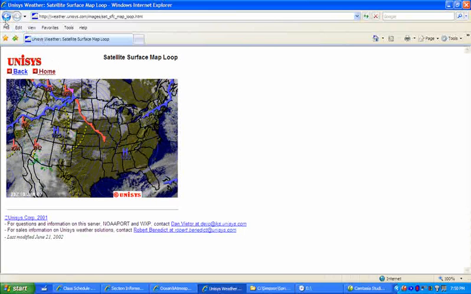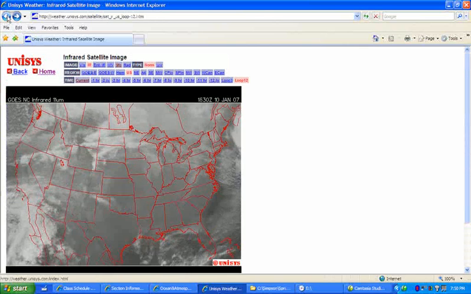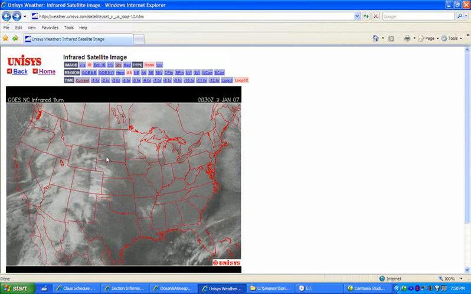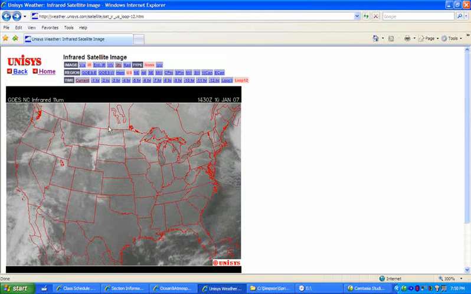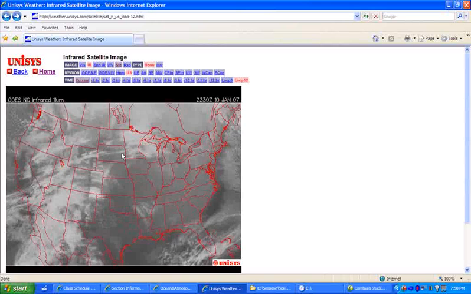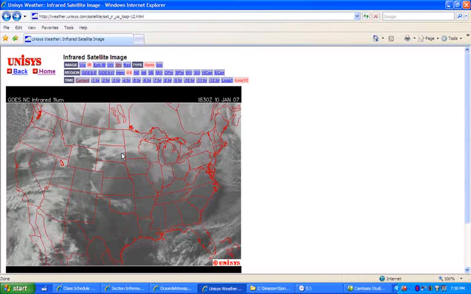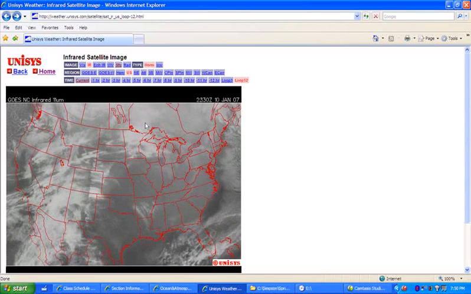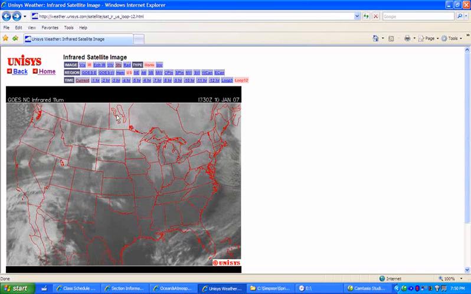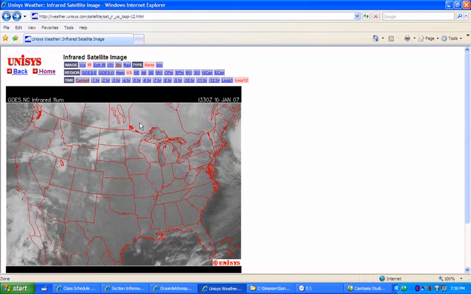Well, let's go back to the satellite imagery. Now again, here's the loop of the infrared. What we mean by infrared: these high clouds, as indicated by the whiter shade, are emitting infrared radiation. The satellite in geosynchronous orbit with the Earth is picking up the emission of the clouds. And so the higher clouds are typically indicative of colder clouds,